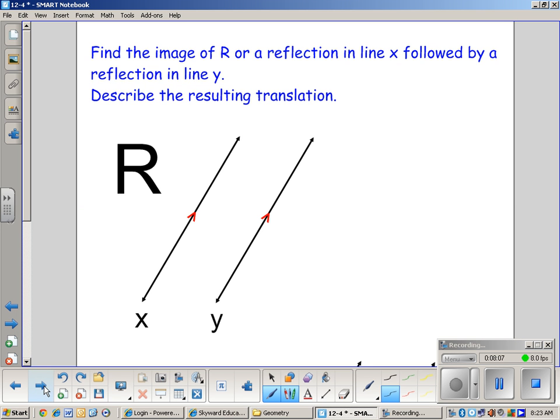Okay? So the first one, over parallel lines, if we